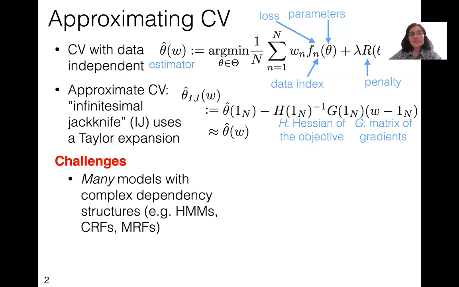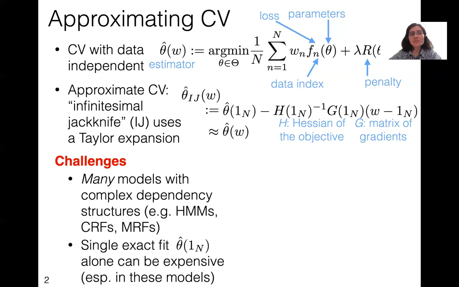Moreover, the Taylor series expansion here assumes we have access to this exact fit theta hat at the all ones vector. But in practice, for these complex models, we really just run some epochs of our optimization procedure, and we're usually pretty far from machine precision at the end of that, because it would just cost way too much